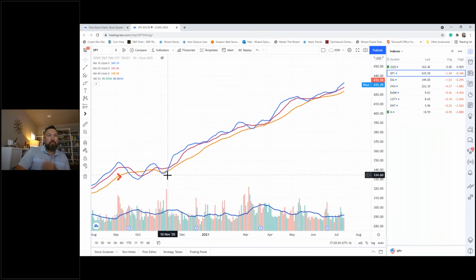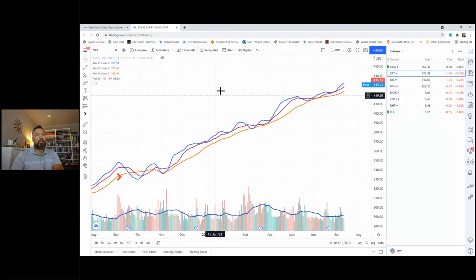This is where it started in November. The price was $338. We're now at $435. So we're talking $100, about 30%, since the beginning of November last year, if you just bought it and sat on it. There's something here to understand so we can actually trade it.